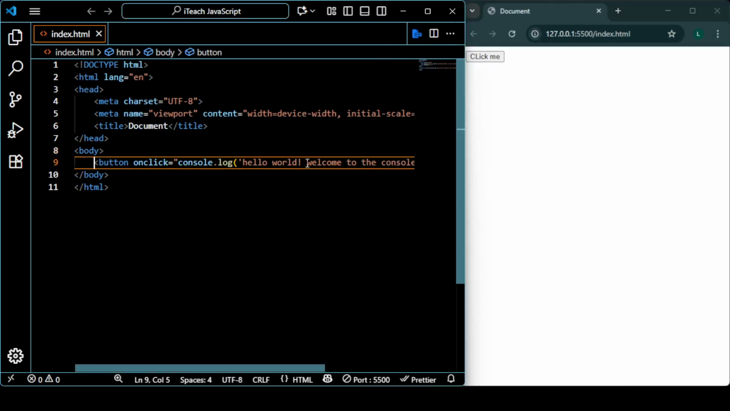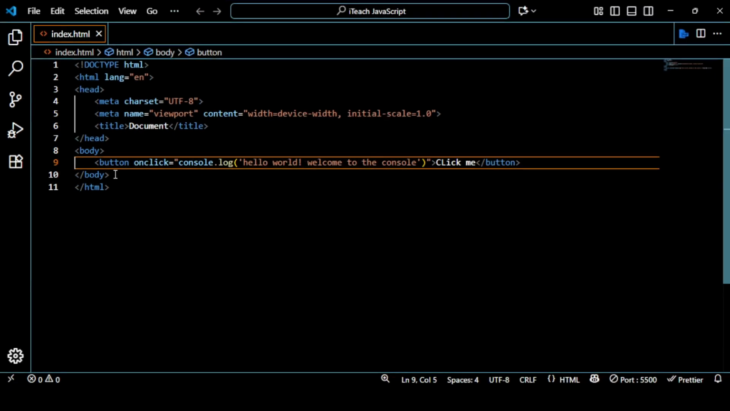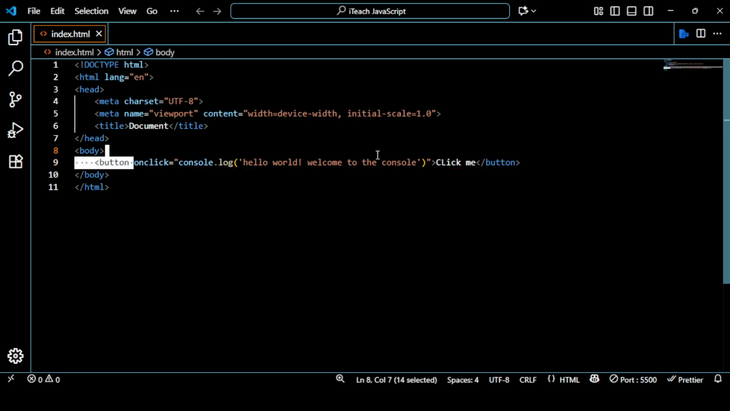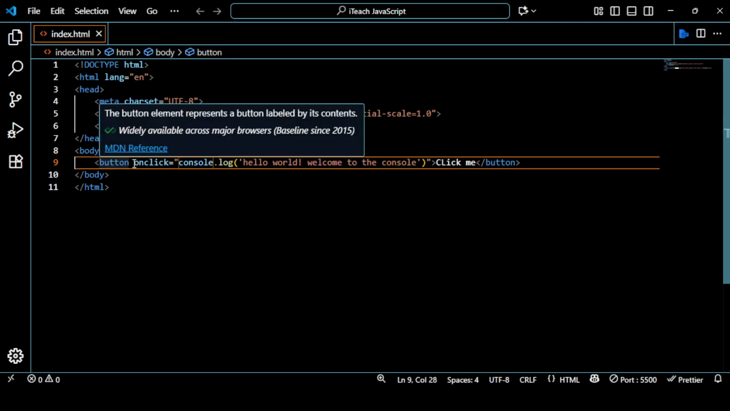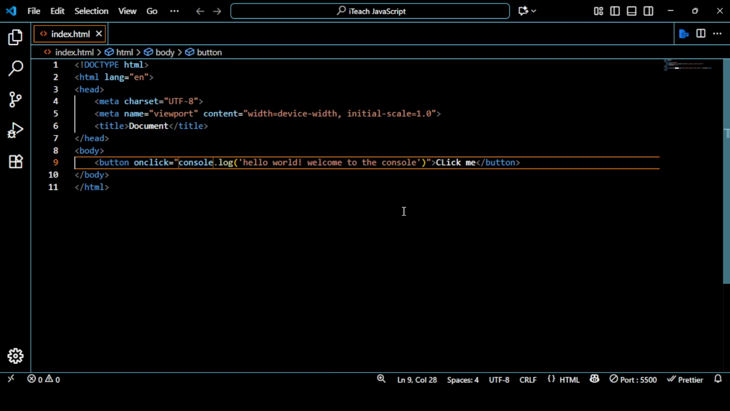This is the way to do your inline scripting. All right, so on to the next one. We have the